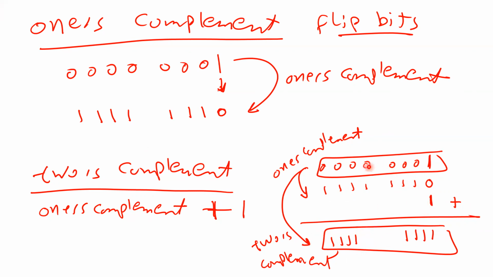That means the 1's complement of this number is this one, and the 2's complement of this number is this one. So the 2's is this one, the 1's is this one. That is very easy, very trivial. If you want to calculate the 2's complement, again there are different ways, but the way I like to teach it is the easy way: just calculate the 1's complement, then add 1. That's very easy, right? Okay, guys.